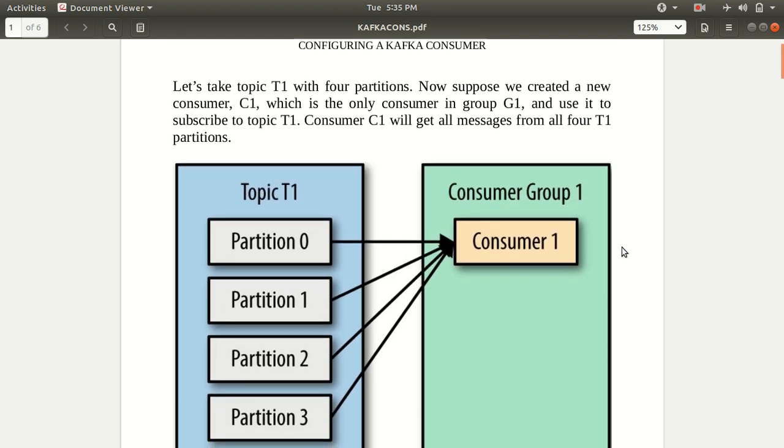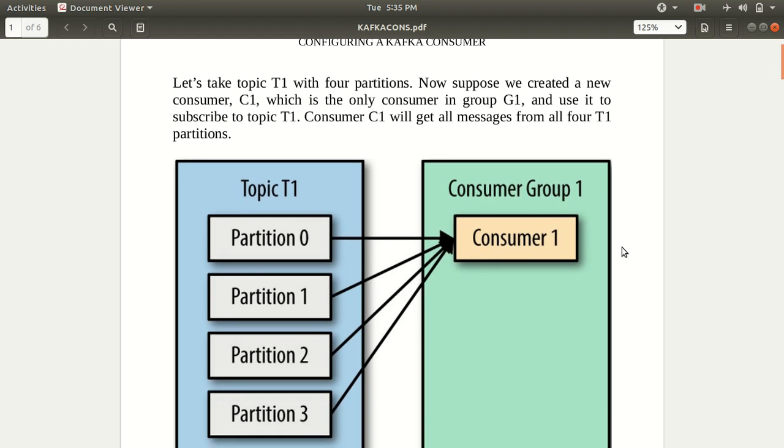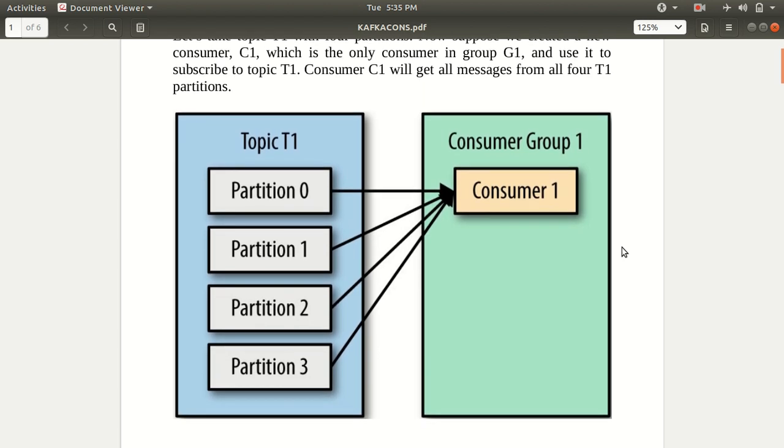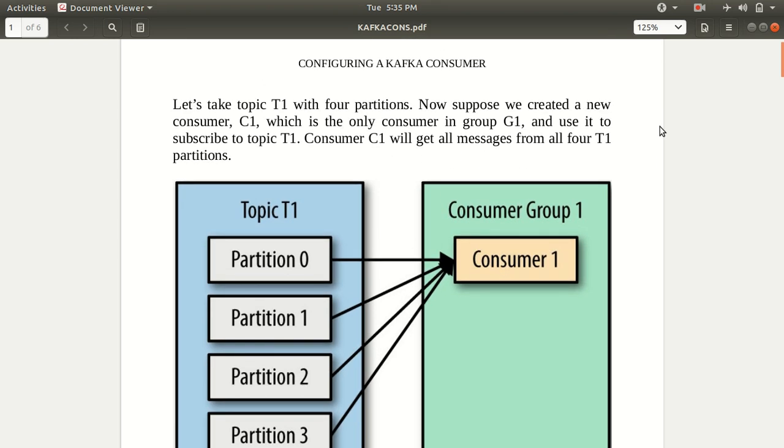So in this particular example, which you are seeing in front of you, consumer C1, which is a part of consumer group 1, is consuming all the data from topic T1. The consumer C1 is getting all the messages from all the 4 T1 partitions.